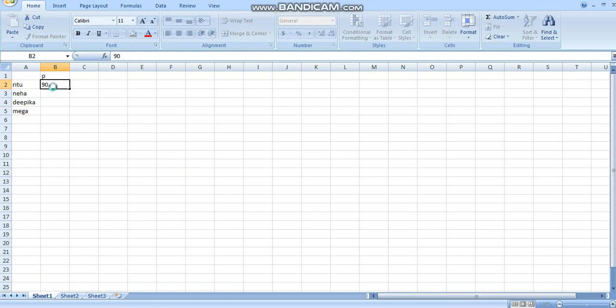Here is 90, then 70, then 85, then 75. Here I'll take their chemistry marks. I'll write chemistry as C. I'll take their marks as 89, then 78, then 89, then 85.